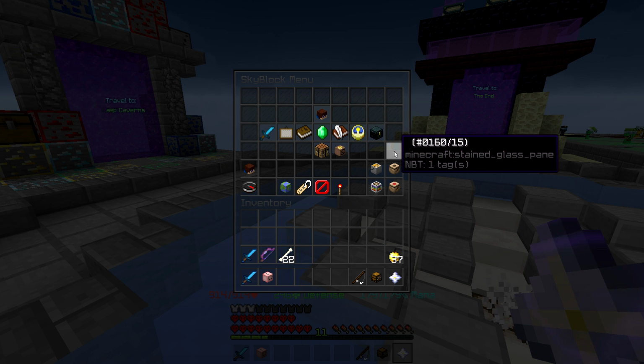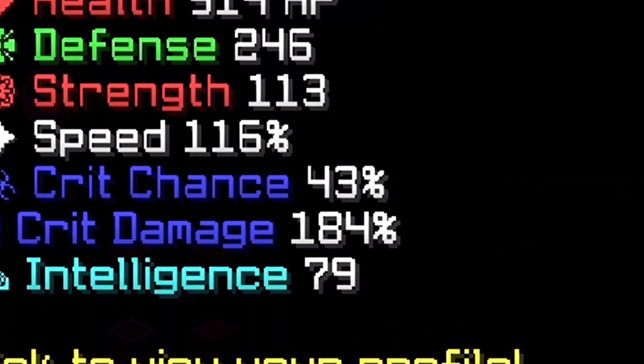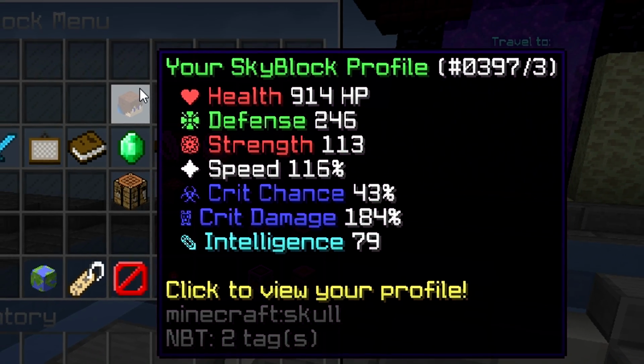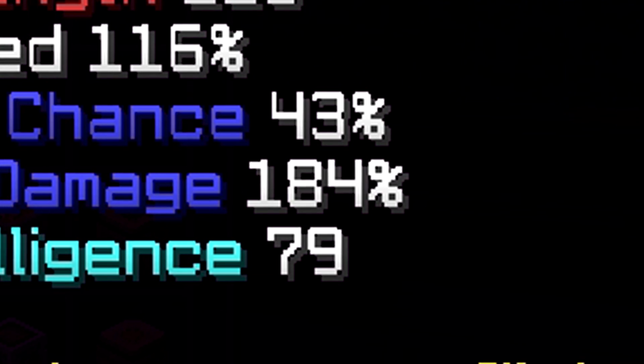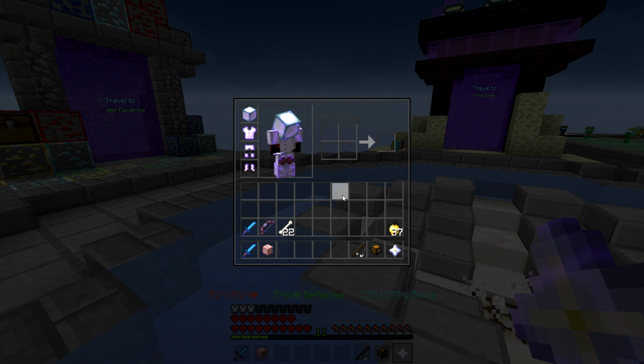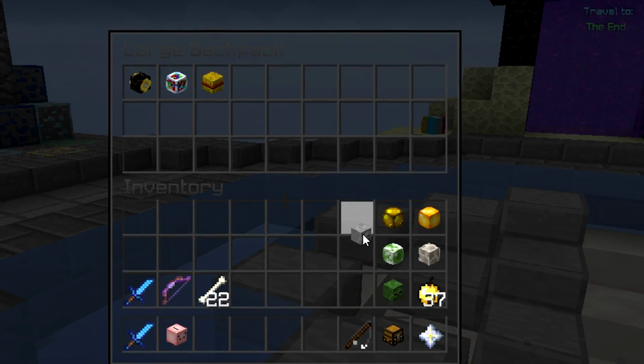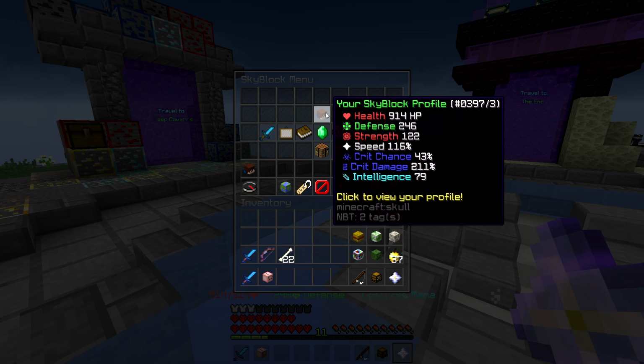Now let's see the difference in crit damage and crit chance. Our crit chance only went up to 43%, but our crit damage went up to 184%, which is 3 times more than it was before. And even if our talisman bag is full, we can still keep talismans in our inventory. My crit chance is still 43%, which is not a lot, but the crit damage is